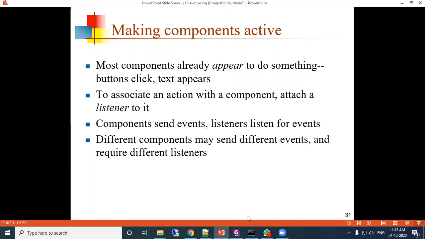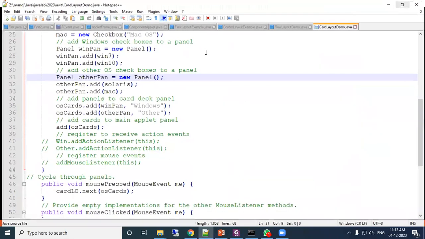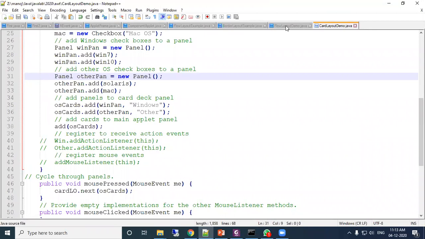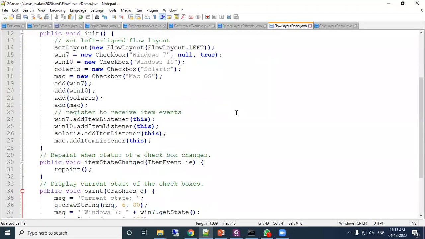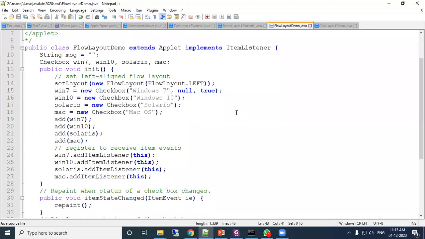First, let us see the flow layout program. Flow layout normally goes from left to right. When it crosses the right side margin, the next items are shown on the next line, the next row.